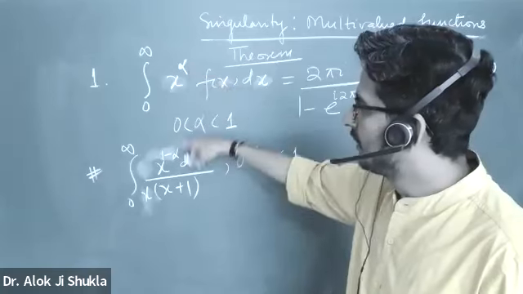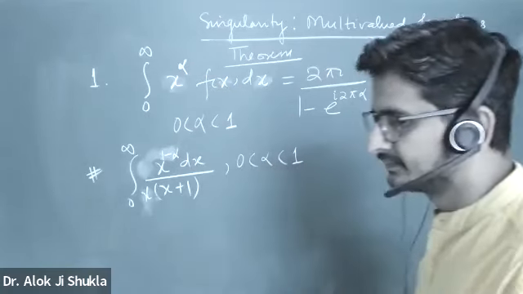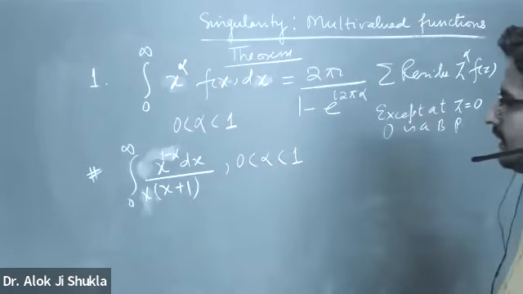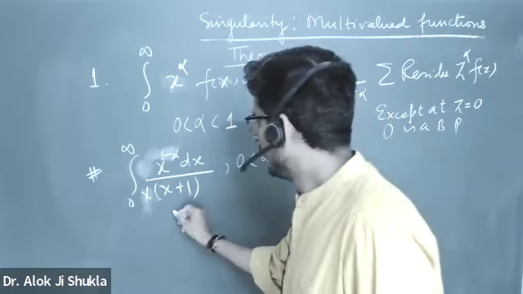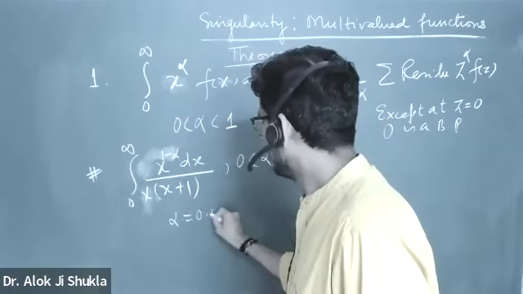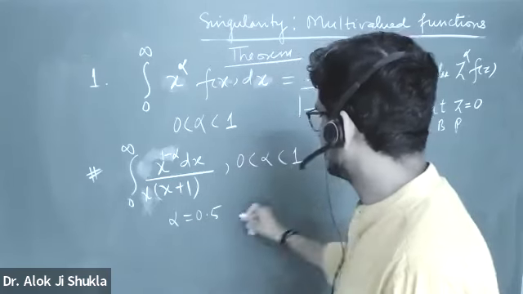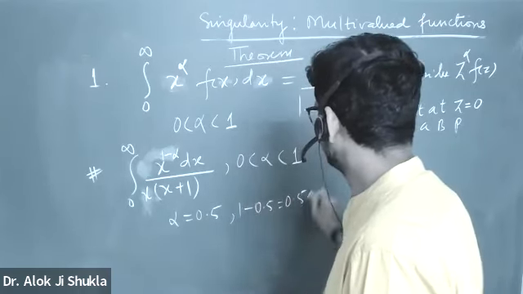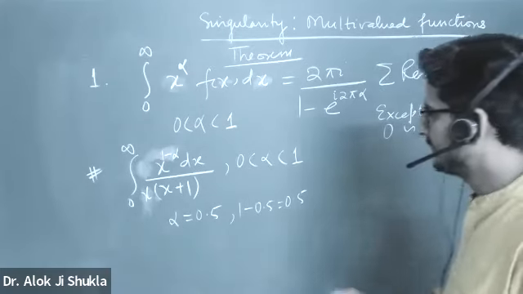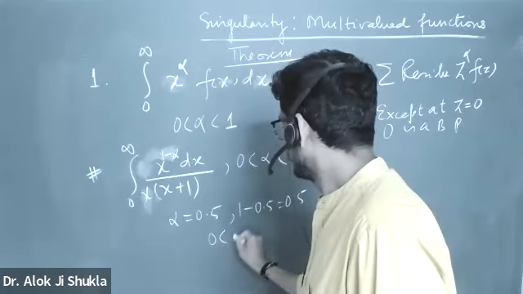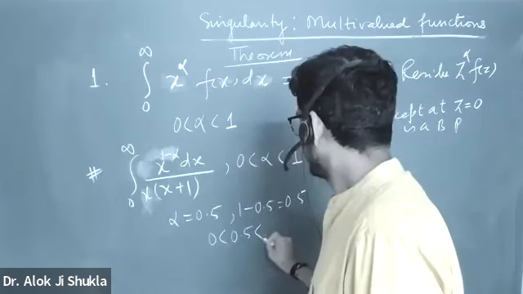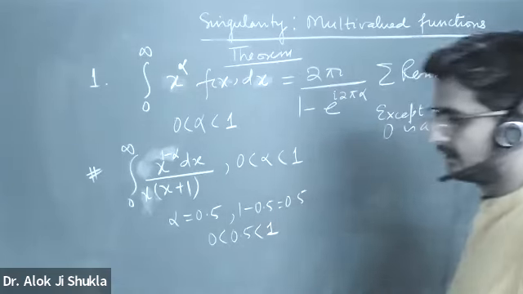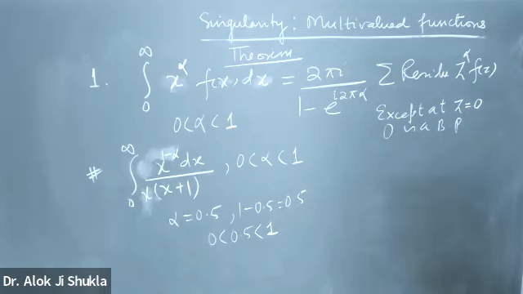is equivalent to this alpha or not? Think in your mind: if alpha is 0.5, which is given between 0 to 1, then 1 minus 0.5 will become 0.5, which is between 0 and 1. Okay,